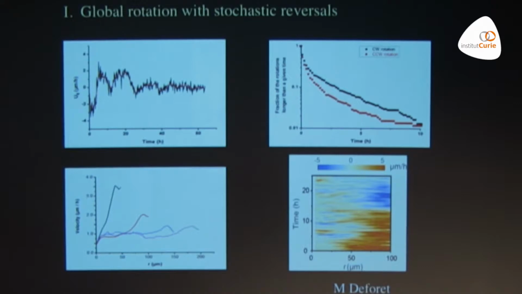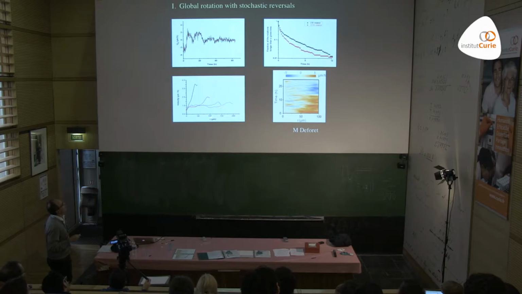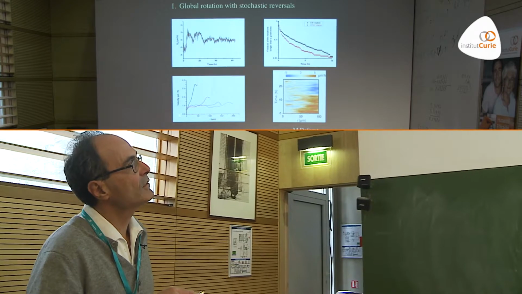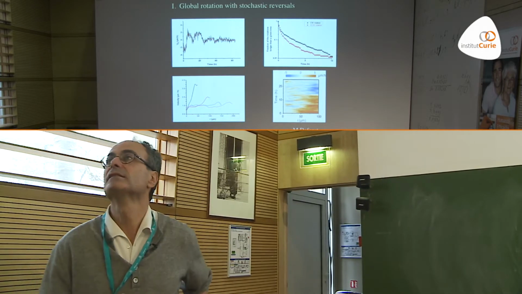First of all, I'll describe the orthoradial one. What you see here is u theta, the mean orthoradial velocity. You see that it goes up and down, so you have reversals. The thing rotates in one direction and then stochastically rotates in the other direction. And these are the profiles of this orthoradial velocity for different